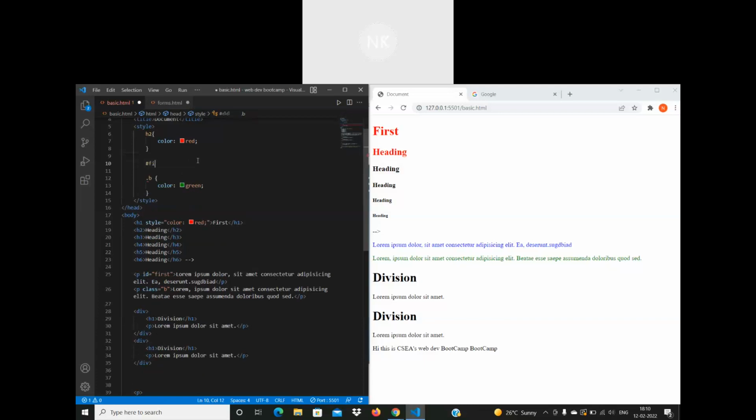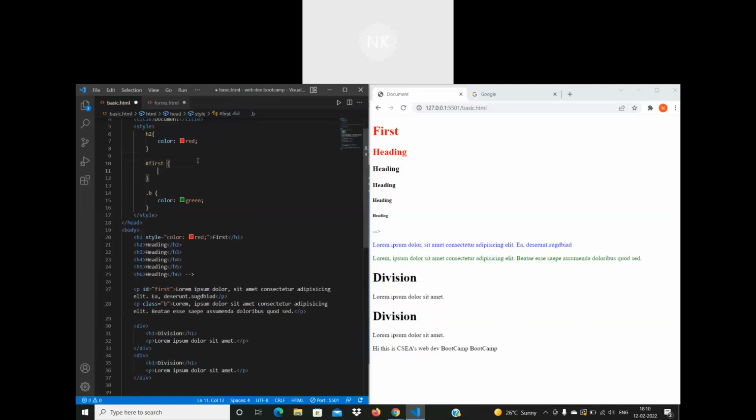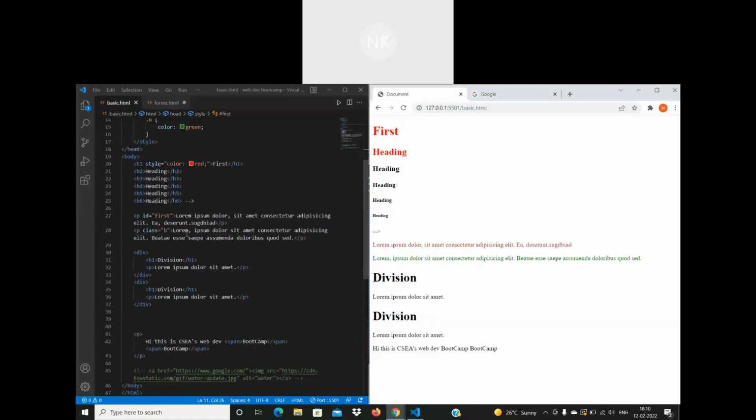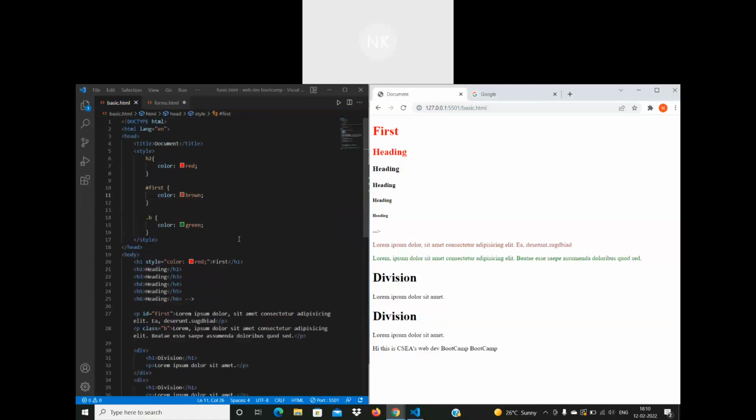So my name of the ID is first, because I want it to display some other color. So I'll put color, and then put it maybe brown. So if I save it, now see this changed to brown color. So yeah, and now if for some reason you want this